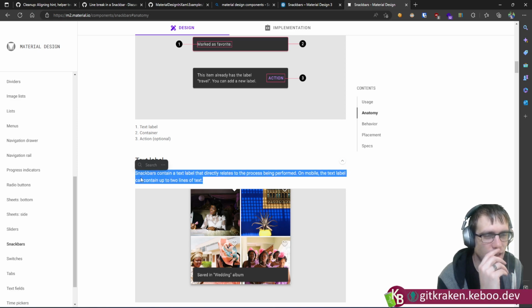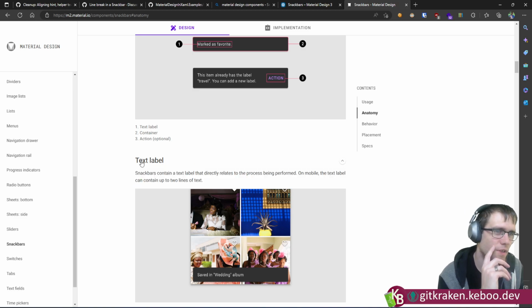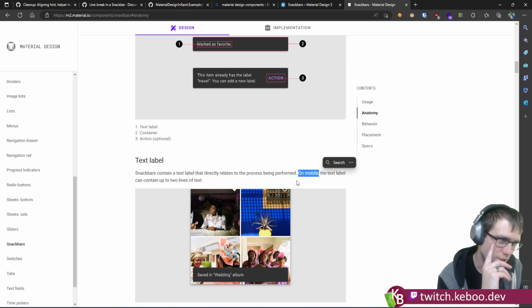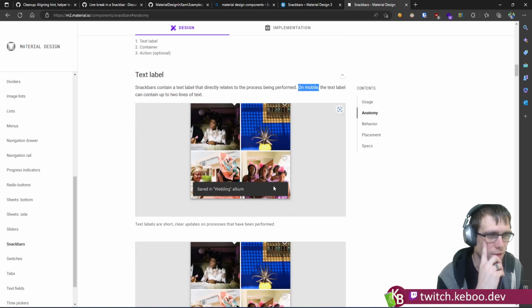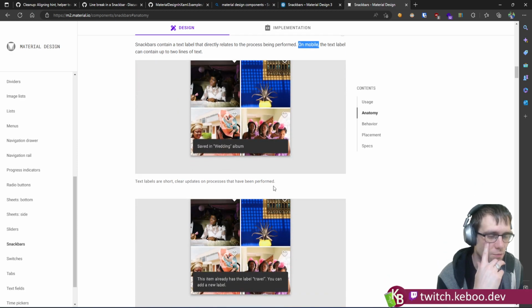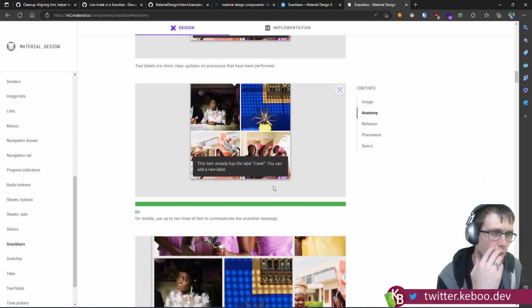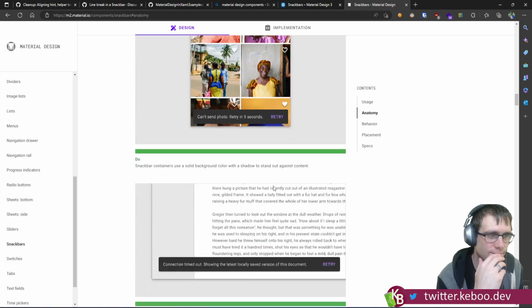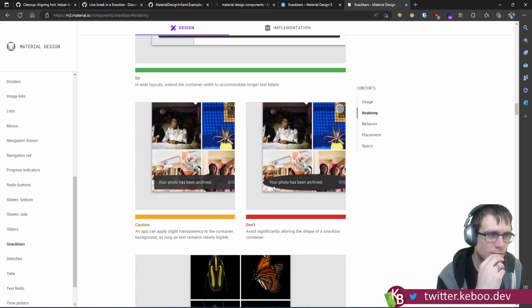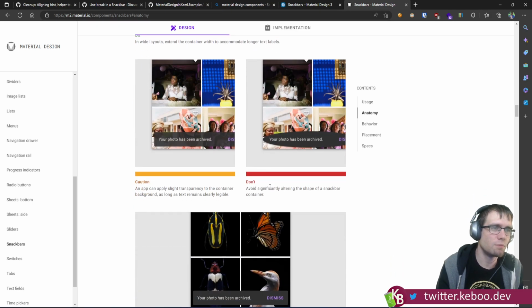Yeah, this line here. So this is the limitation that we implemented. We implemented it to contain up to 2 lines of text, but I'm noticing that this says on mobile. And I don't think we can make an argument that WPF is a mobile-based framework. So the question becomes,